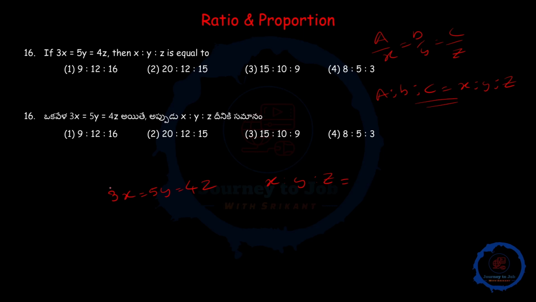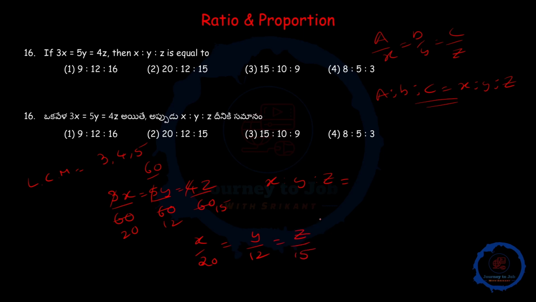So here 3, 5 and 4, what is the LCM? LCM of 3, 4, 5 is 60. So just divide with 60 in all places. 3 ones are 3, 3 twenties are 60, 5 ones are 5, 5 twelves are 60, 4 ones are 4, 4 fifteens are 60. So x by 20 is equal to y by 12 is equal to z by 15. Okay, so this is a ratio, that's it. 20 is to 12 is to 15 is the ratio according to this formula. Okay,